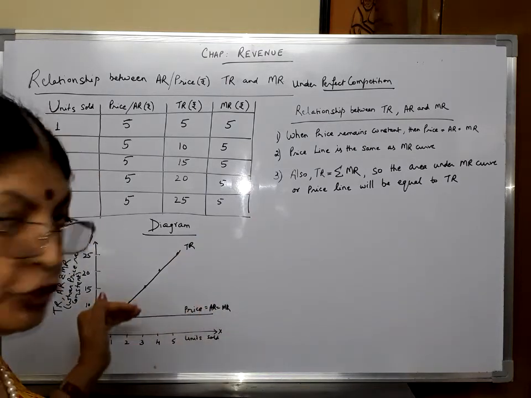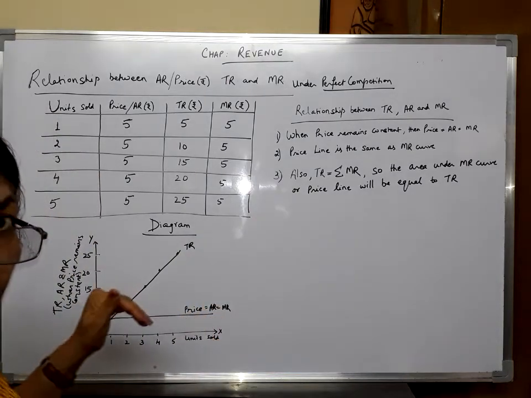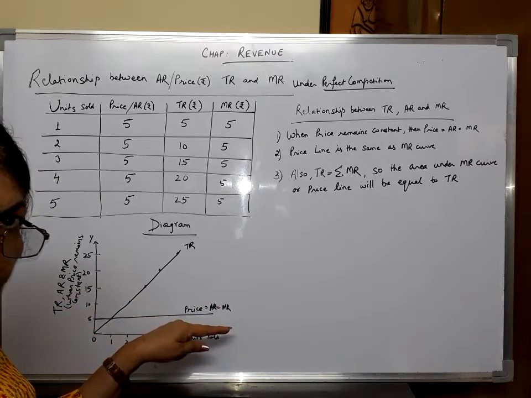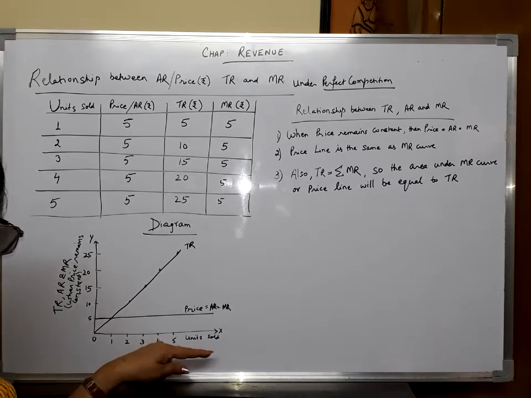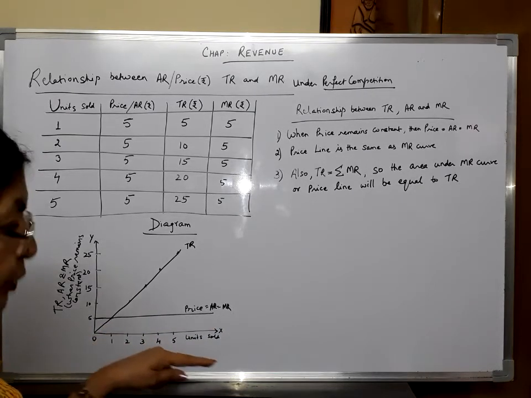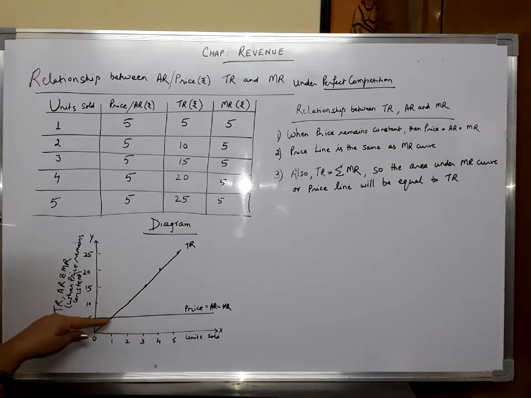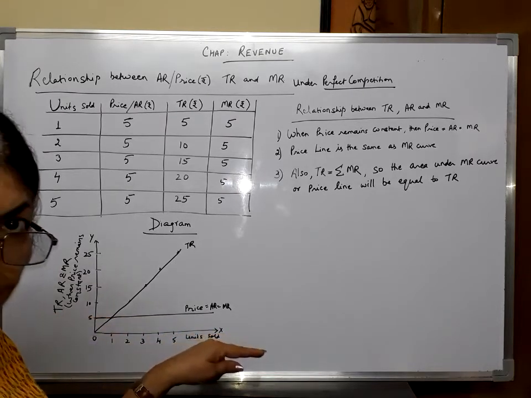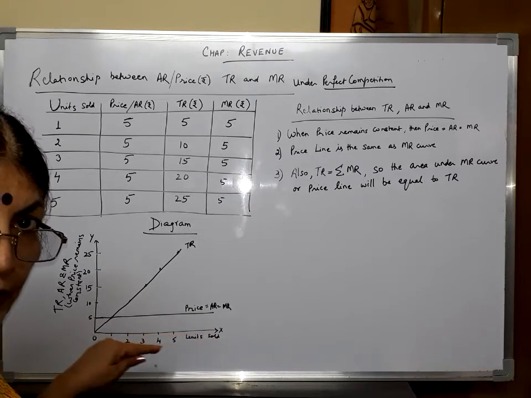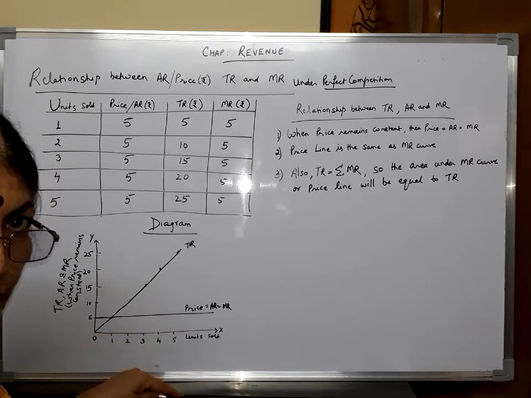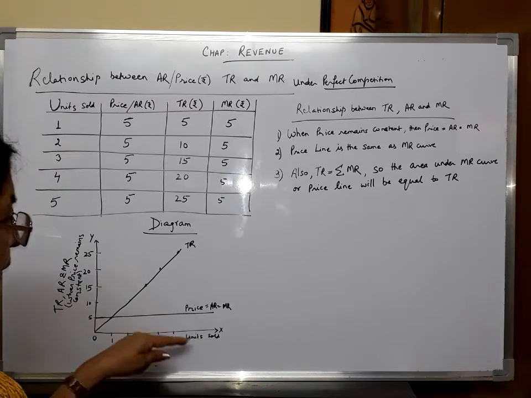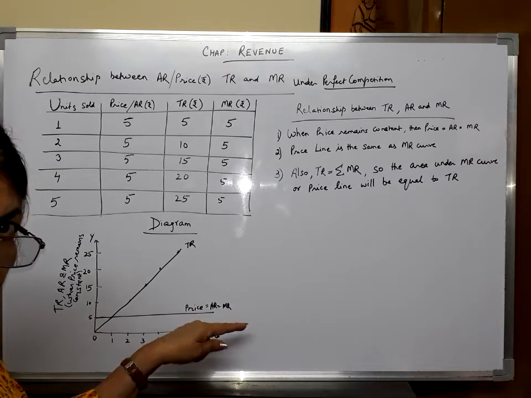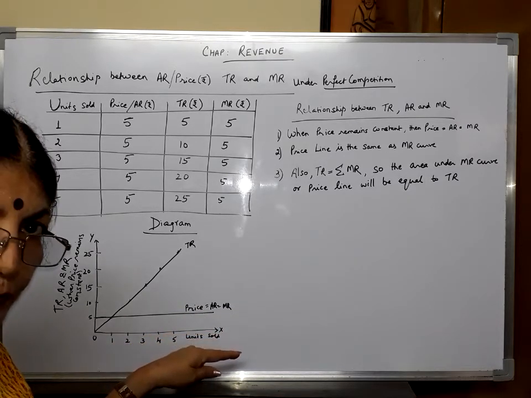And we can show the shapes of all the three in this diagram. In the diagram, your price is equal to average revenue and marginal revenue for all the units of output. Since we have taken 5 units of output, marginal revenue and average revenue, that is price, is 5, 5, 5, 5 for all, and therefore when we join the points, we will get a horizontal straight line parallel to the OX axis, parallel to the price line, and this is your price is equal to average revenue and marginal revenue for all units of output sold.